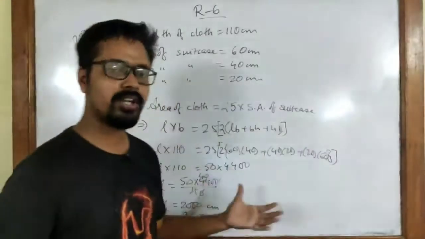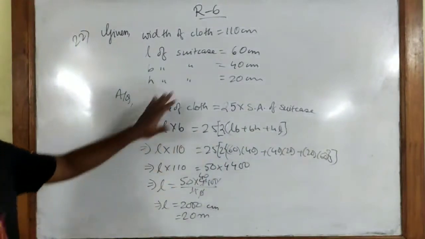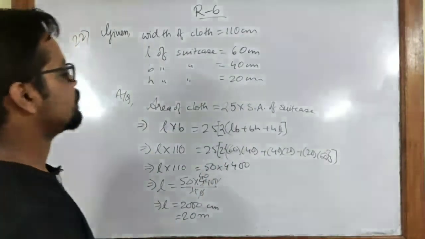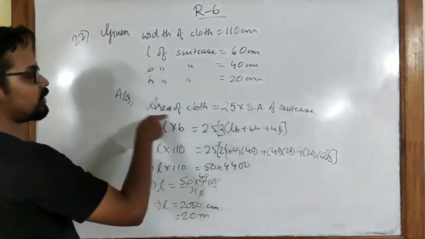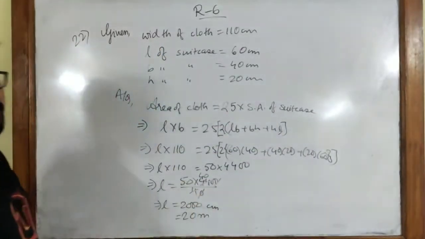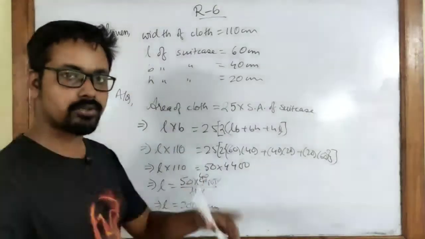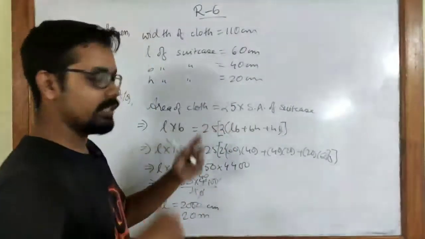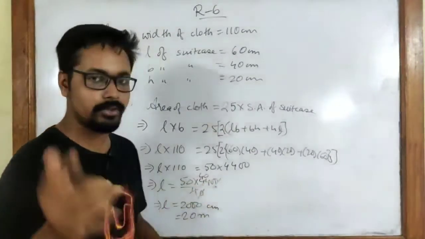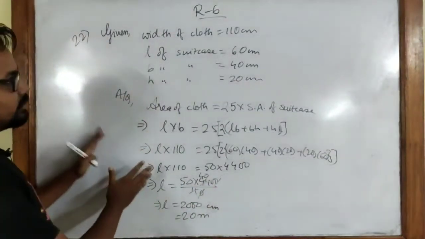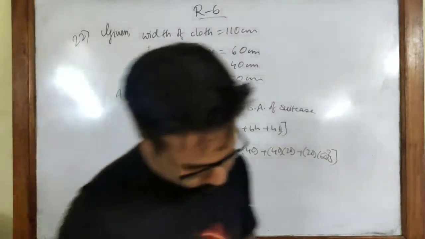So I hope you understood. You have done these sort of sums in class 9, surface area volume chapter. So I hope this concept is clear. This thing must be very clear to you. If this is not clear, then you can't form the equation, you can't do the sum. So if you have not understood, go back to that part where I explained and try to understand that. If you still don't understand, give me a call. I will explain it to you over phone. Okay. So this is done. Next we move on to the next one.